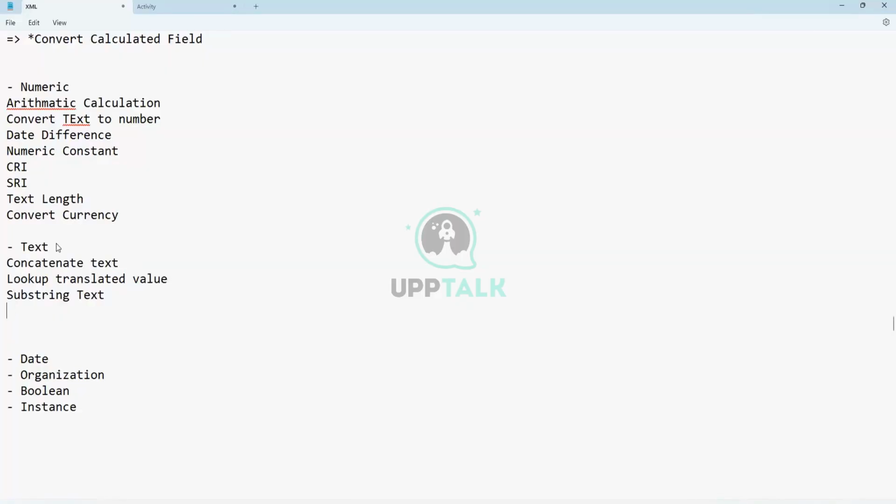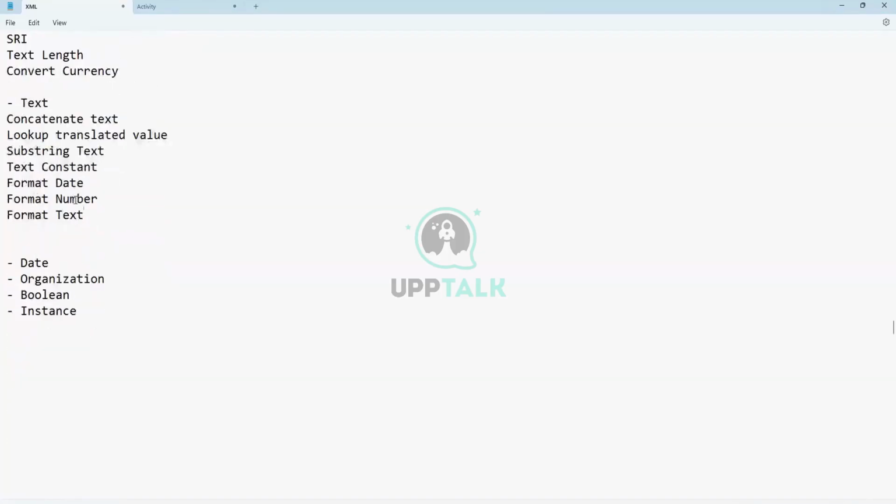Then we have text constant, format date, format number, format. These are text type calculated fields. To join two texts, we can use concatenate text. If you want to get a substring, some part of the text, you can use substring. If you need to define a text constant,